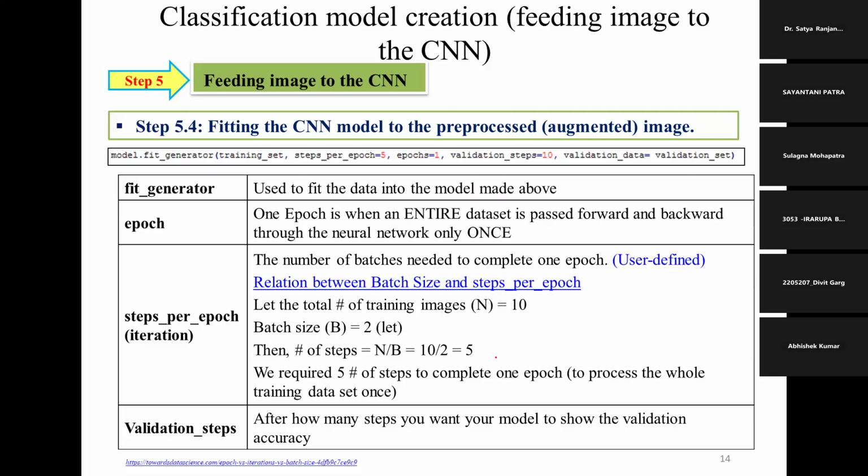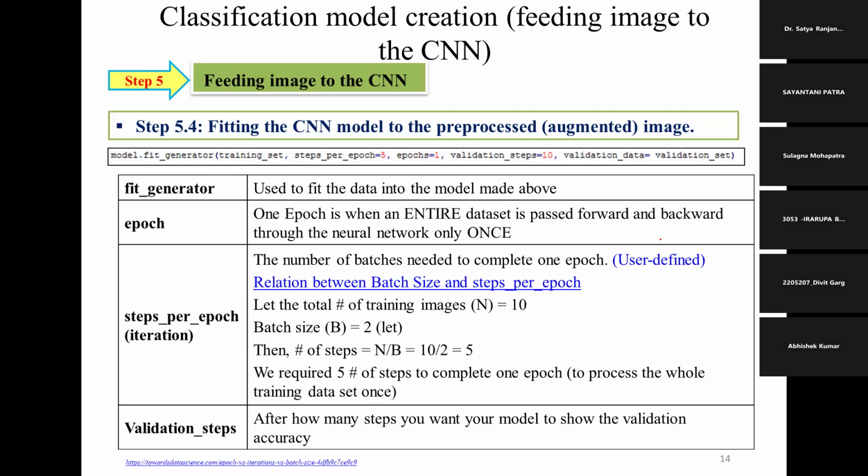Step 1 is 2 images, step 2 another 2, step 3 another 2, and so on through step 5. So you complete these 10 images in one epoch with 5 steps and a batch size of 2. That is steps per epoch.